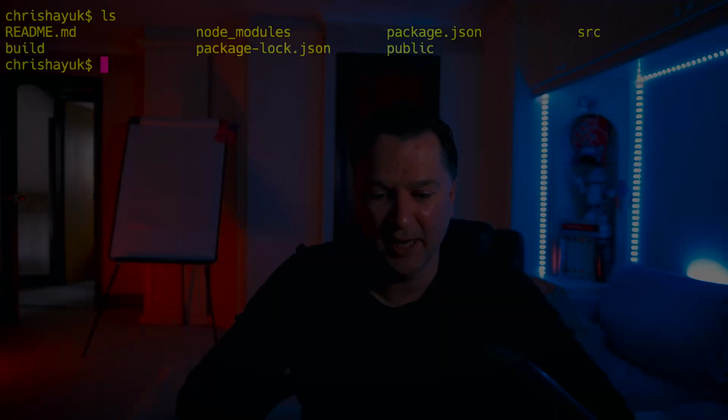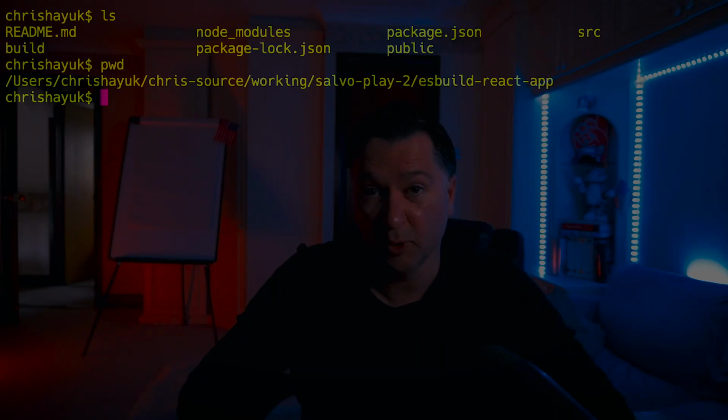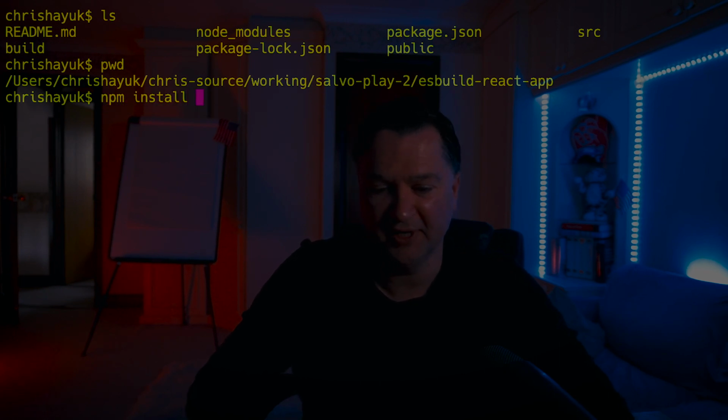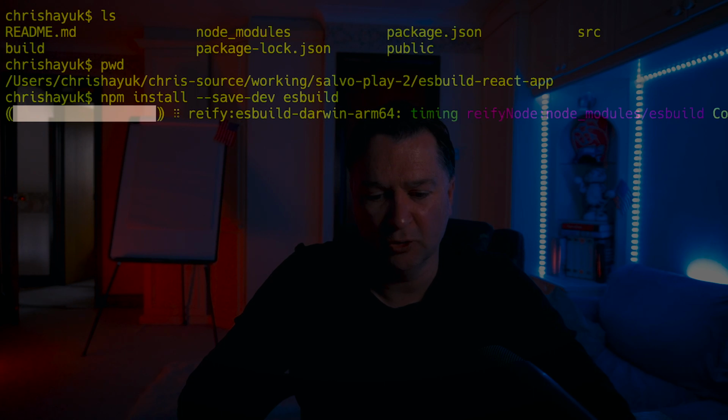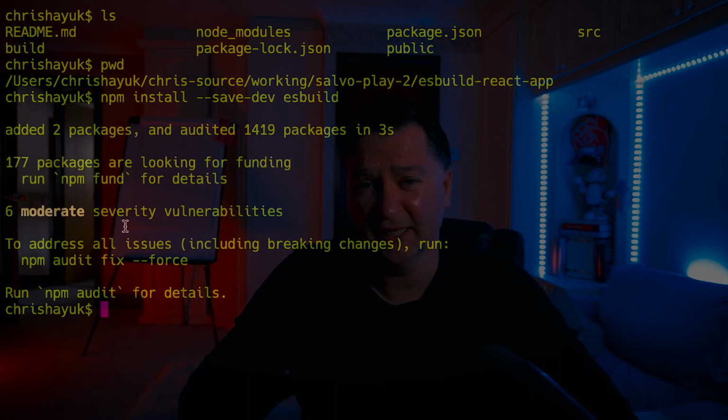Well, the first thing I need to do is install esbuild onto my machine. In this Create React App folder that I've just scaffolded up, esbuild React app, what we need to do is install esbuild as a dev tool. To do that, I can do an npm install --save-dev, and then we'll put esbuild there. That'll take a few seconds, and that will install esbuild and add it as a dev dependency